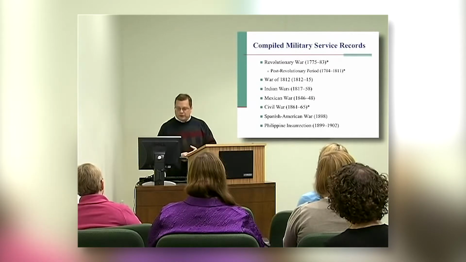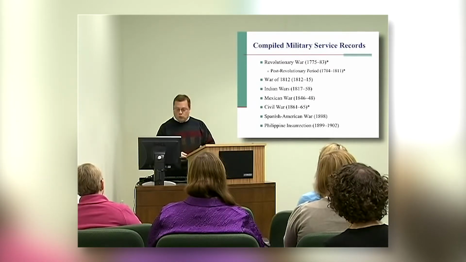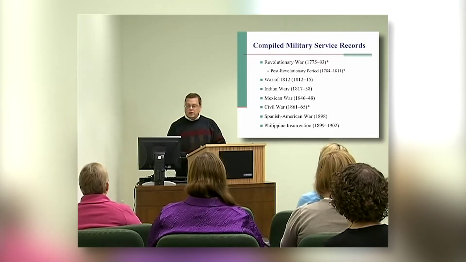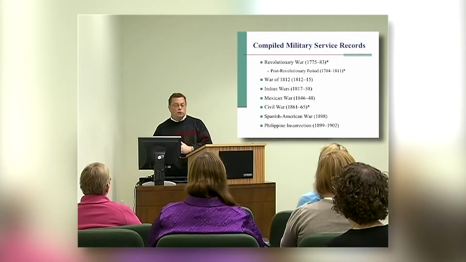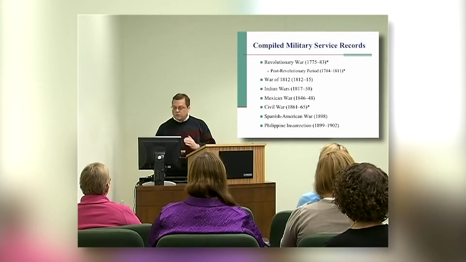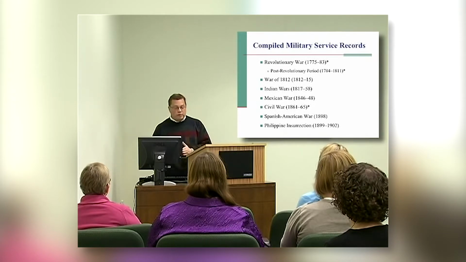So the compiled records that we now have are arranged by war, then by state, then by unit, and then alphabetically by the soldier's name. And we have compiled service records going back from the Revolutionary War in 1775 all the way up to the early 20th century with the Philippine insurrection, which ended in 1902. So we have compiled service records for the Revolutionary War, and for the post-revolutionary period from 1784 to 1811,